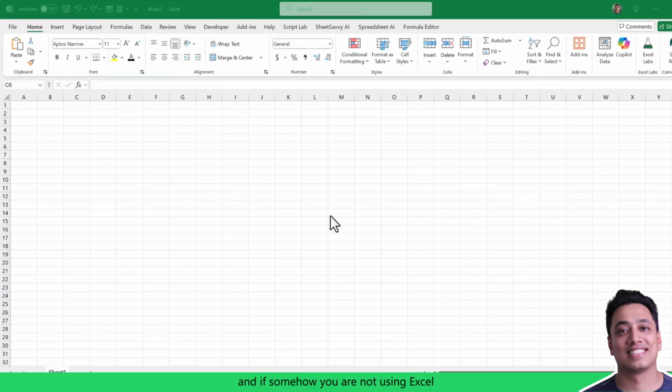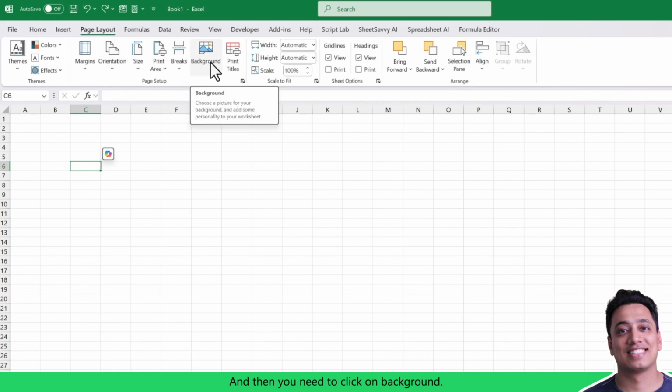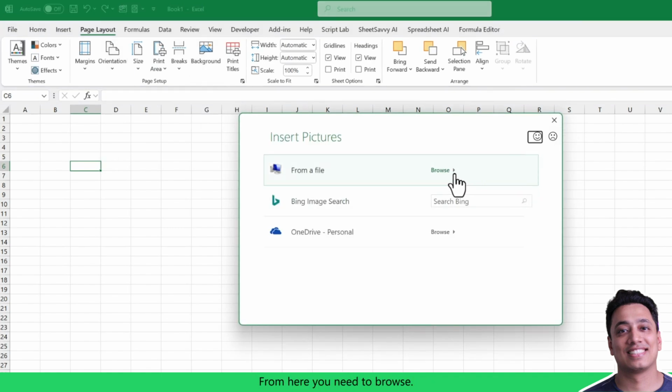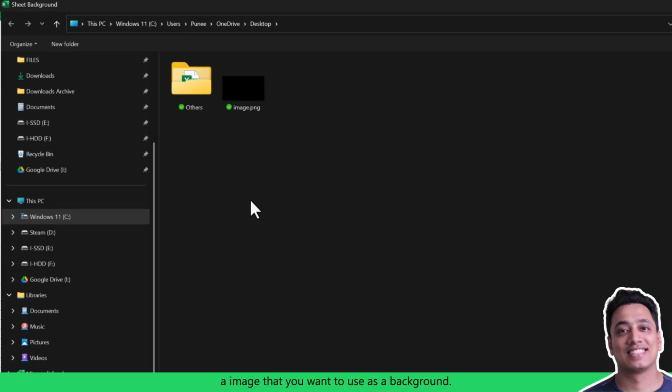And if somehow you are not using Excel 365, I mean Microsoft Office 365, you can do a workaround, that is by changing the background of your worksheet. So let me show you how you can do that. First of all, you need to go to Page Layout and then click on Background. From here, you need to browse and then select an image that you're going to use as a background. So here I have this image already, and if you don't have it, you can download this image by the link that I have added in the description,